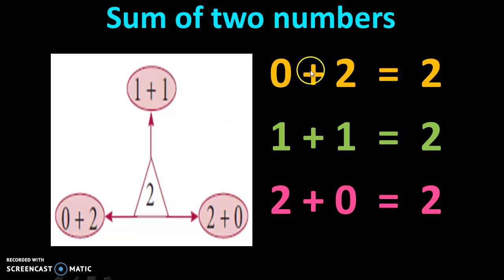So we start with 0. 0 plus 2 is 2 because nothing plus 2 will give you the same answer, that is 2 only. And here you will be adding in the forward 0, 1, 2 here. Here it is backward this way. So 2, 1, 0. Here 0, you start with 0 and you start writing till 2. Till the number what we have given. So here they asked for 2, so I am stopping with 2 here. But here, because we have started with 0 plus 2, I am going to do reverse counting.